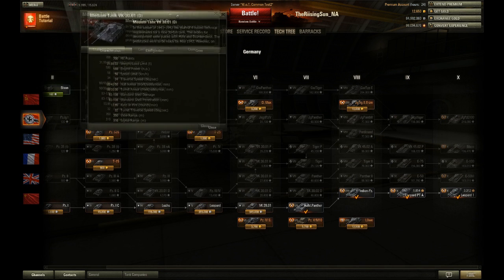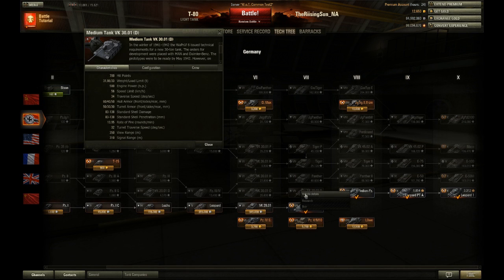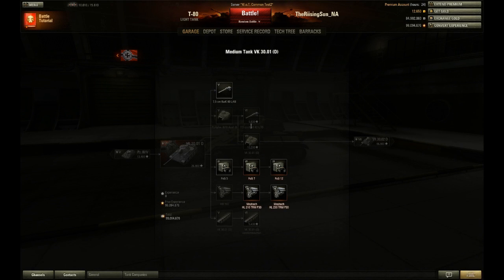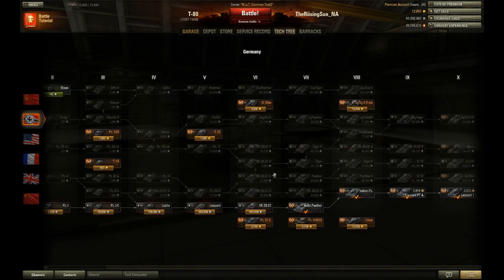VK3001D, and this is the predecessor to the VK3002DB. Have they changed that to the D? Okay, it's just called D now. It's not the DB. That's a little bit weird. But as we can see in the stats, the difference is same speed limit, traverse speed a little bit worse. Of course, worse armor, and the gun is also pretty. It is a tier 6 medium tank, so the gun is thereby, and well, the